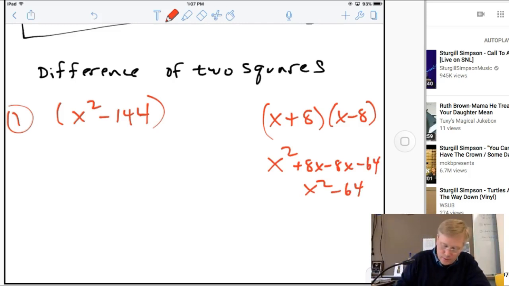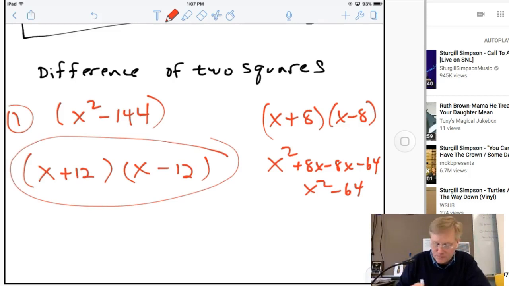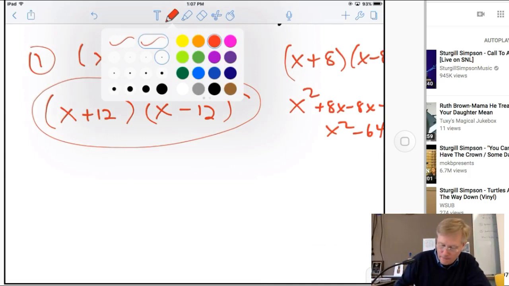So over here, when I'm asking you to go the other direction and factor this, you get x and x in the front, and then what multiplies to negative 144 and adds up to 0? Well, that's positive 12 and negative 12, which means that's my answer. Okay, so that's the first one. And the second one,